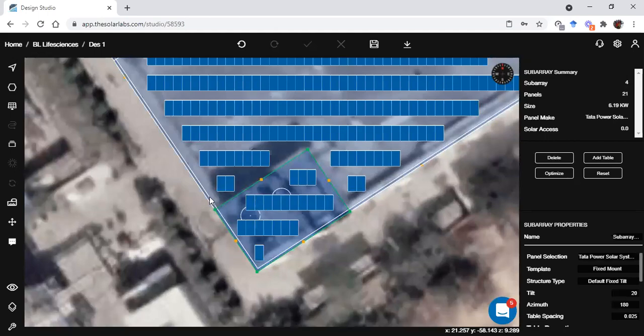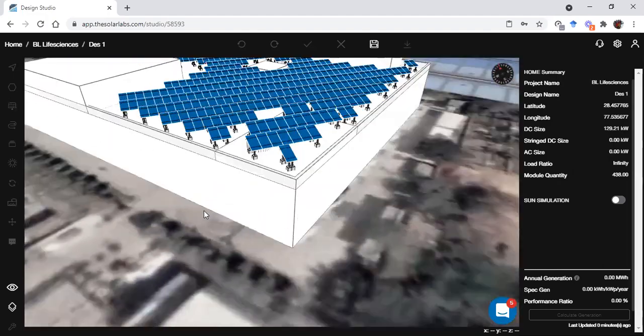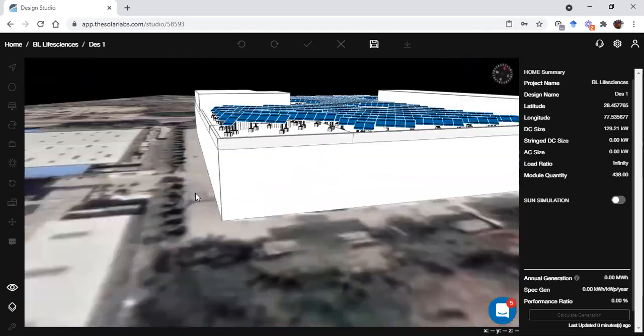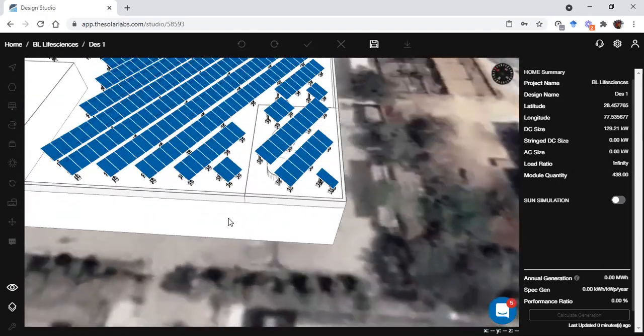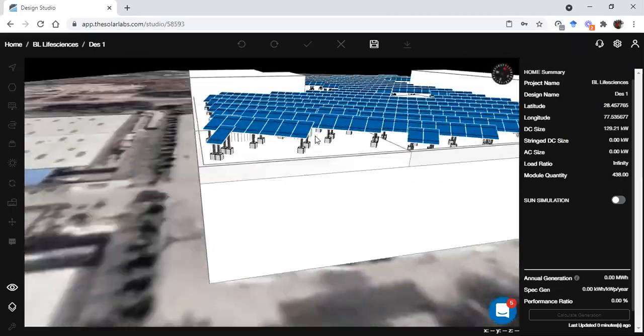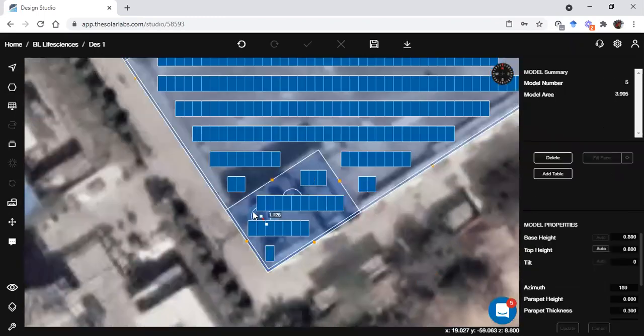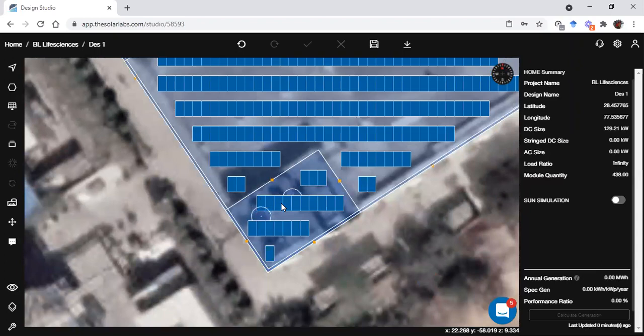If I show it in 3D, like this, you can see it will place the panels on top of the tanks also, because the tank height is lower than your panel height. Or let's say in some case this tank is 1.2 meters, so we can see now it is crossing it. Because right now it is ignored, the panel will just ignore this and place.